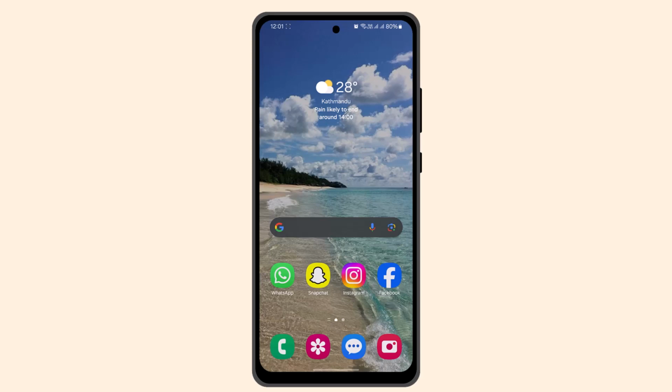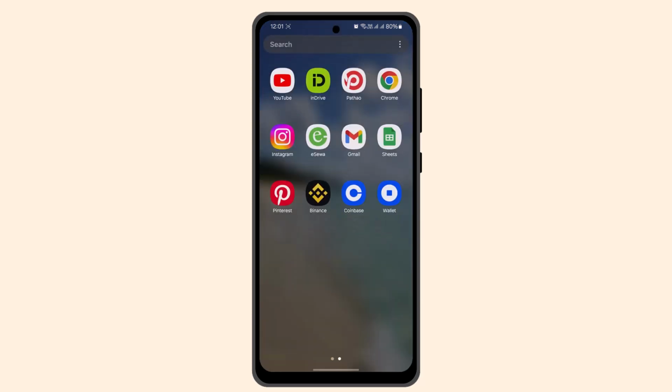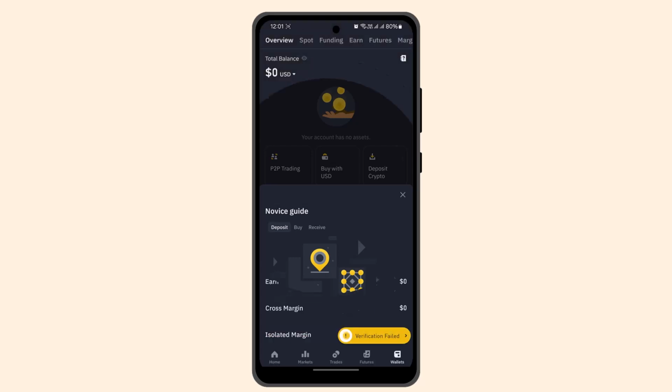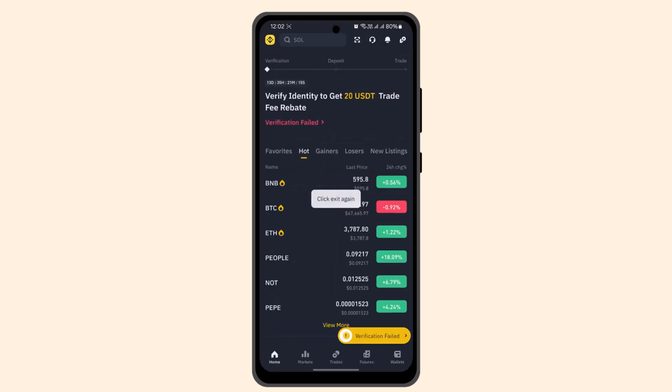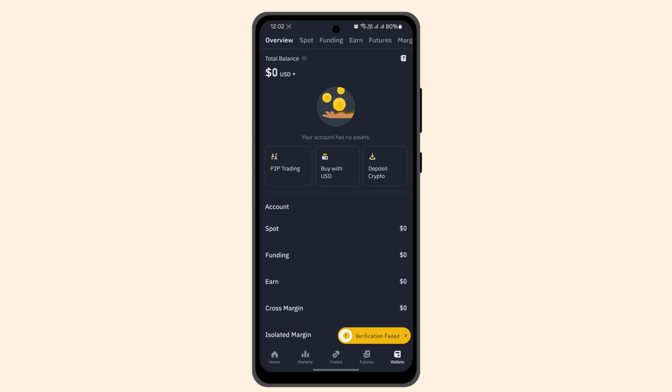In this following video, I'm going to show you the ways to transfer funds between your Binance wallet. So in order to do this procedure, you have to first of all make sure that your account is already verified, and then go ahead and log into your Binance account. When you're logged into your account, that's going to take you to the home page, which is going to look something like this. Now right on this page, go ahead and tap the wallets button, and this is how it's